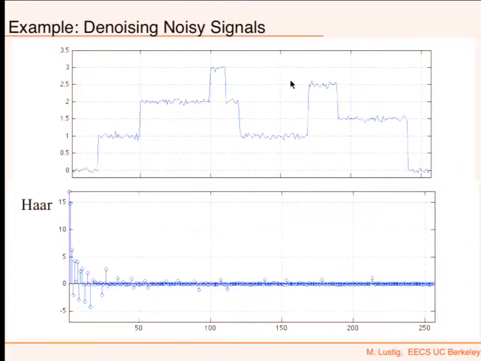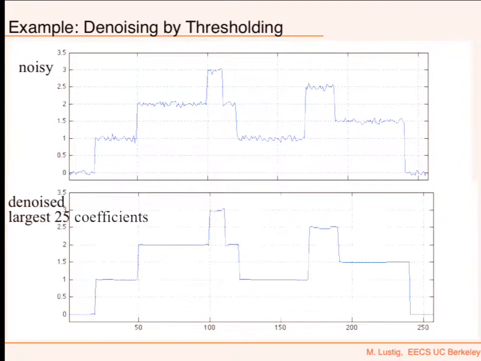Okay? But the signal is put into piles. So now we just need to wipe out the empty spaces in between. And if we put a threshold here, or just take the largest 25 coefficients, then this is what I get. This is beautiful denoising, right? It's really close to this. Whenever it's flat, it's flat. I mean, there is some noise because I didn't throw it all away, there is noise that contaminates my coefficients, but it's much smaller. Okay?